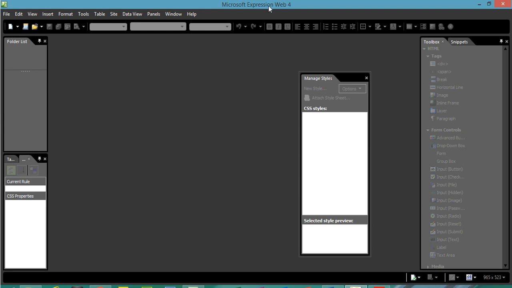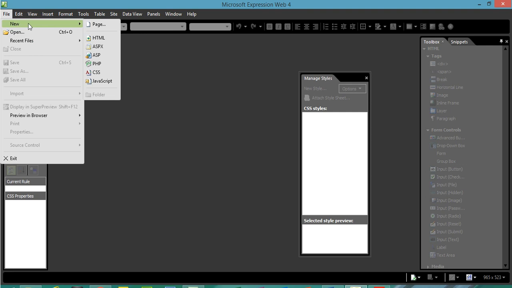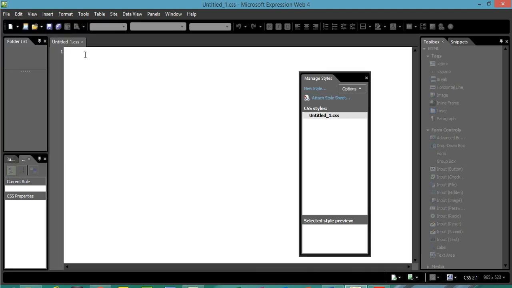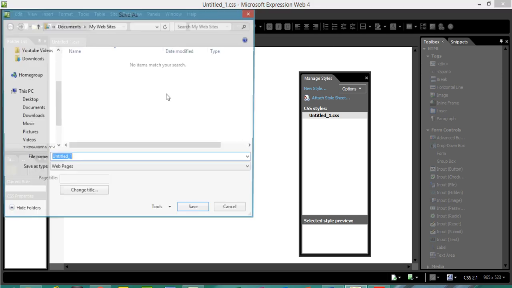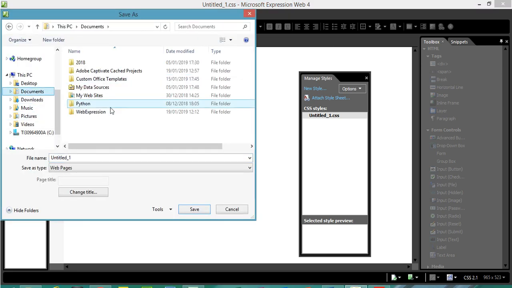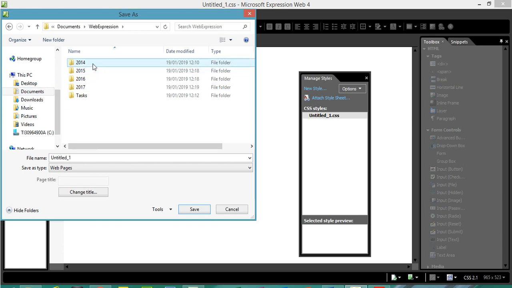In Microsoft Expression Web 4, to create a new style sheet, you can click on File, New, and then select CSS. Before I do anything, I want to save the style sheet. So let me go to File, Save As. I'll go to my Documents, Web Expression 2014 winter,